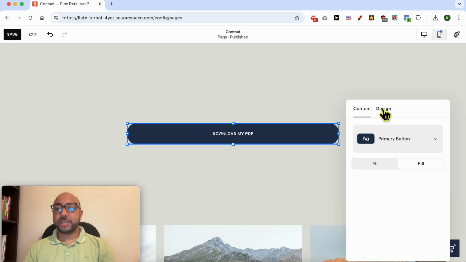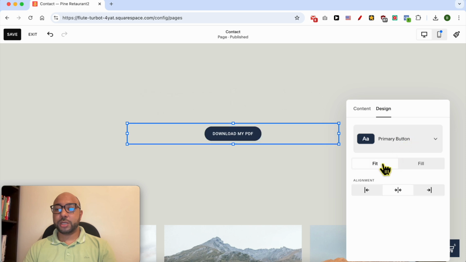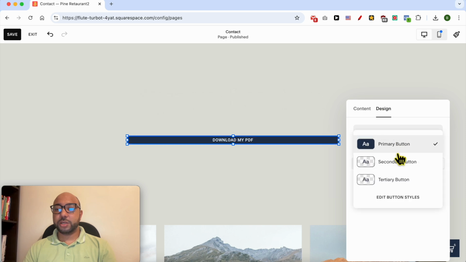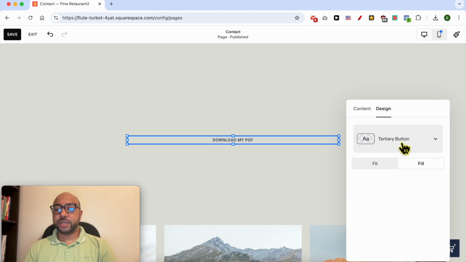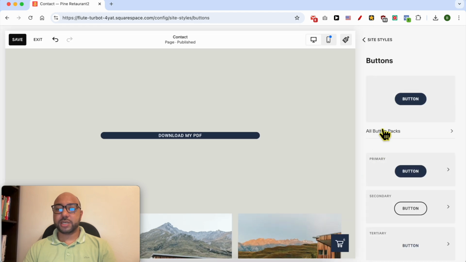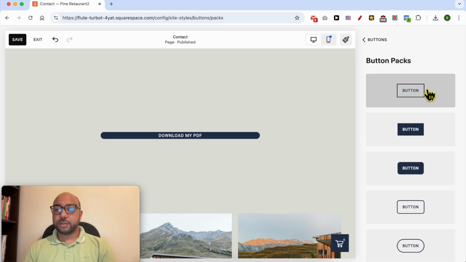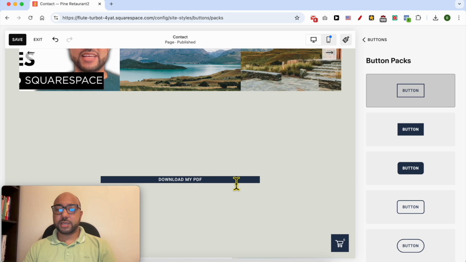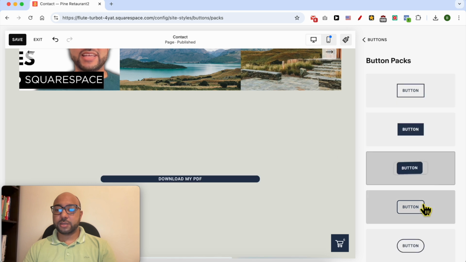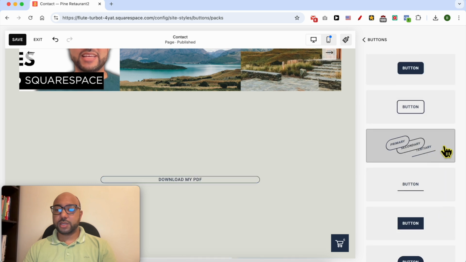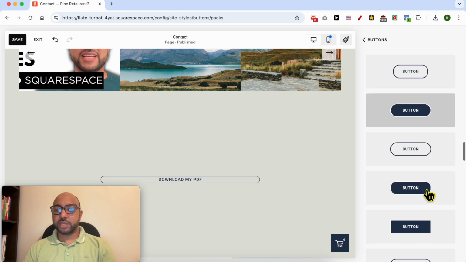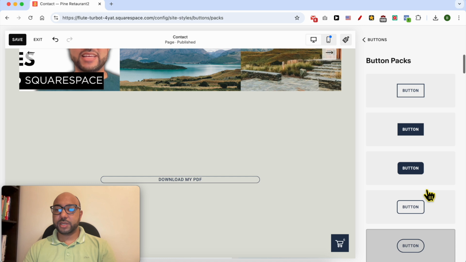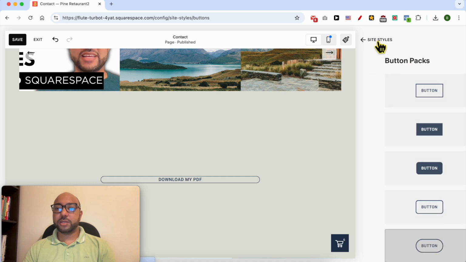Now let's see how to design your button. It's pretty much similar. You can go from the different styles, and you can also edit the button style. This is a style. Let's go with this pill like button. There are many button styles you can select from. Let's go with this pill shape button,